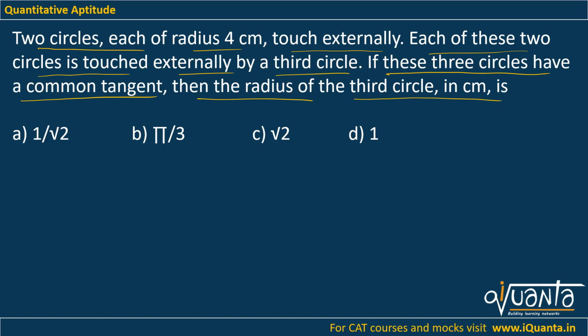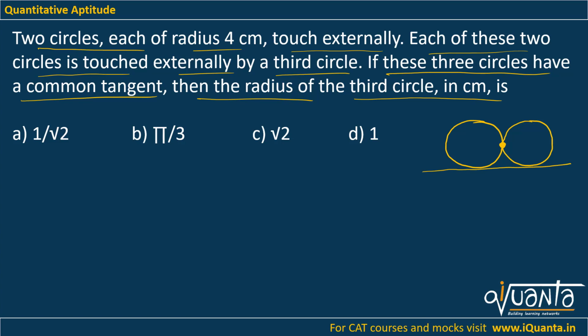So first of all, we need two circles, each of radius 4 cm, and they should touch each other externally like this. So if I have a circle of radius 4 cm, I'll have another circle of the same radius 4 cm, and this is the external point of contact where they are touching each other. We have another third circle, and these three circles will have a common tangent. So first of all, I need to have a common tangent for these two circles. So this will be that common tangent.